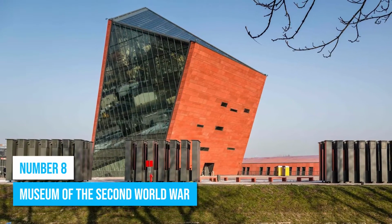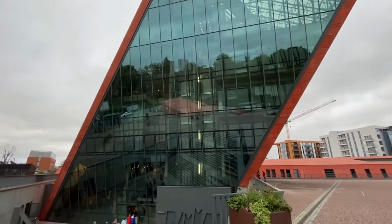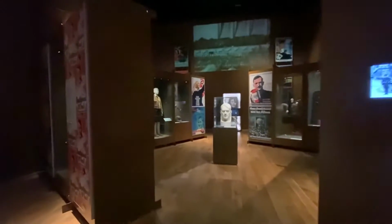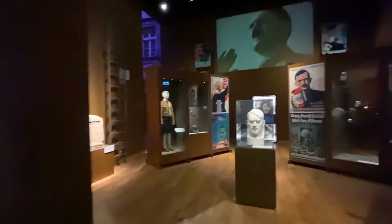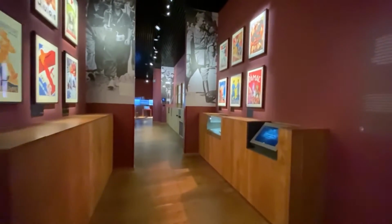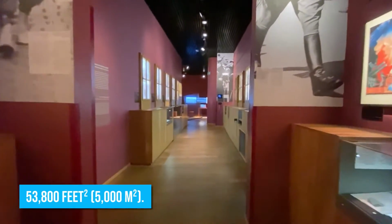Museum of the Second World War. Broaden your knowledge of World War II at the Museum of the Second World War. This state cultural institution offers a fantastic and immersive experience dedicated to educating visitors about one of the most significant periods in history. Step inside the museum's stunning design, which houses an extensive underground permanent exhibition spanning almost 53,800 square